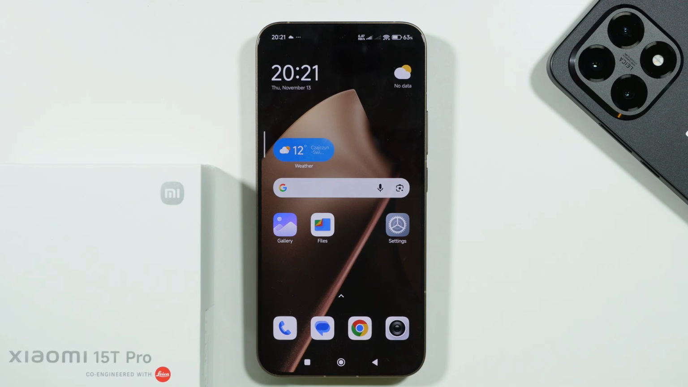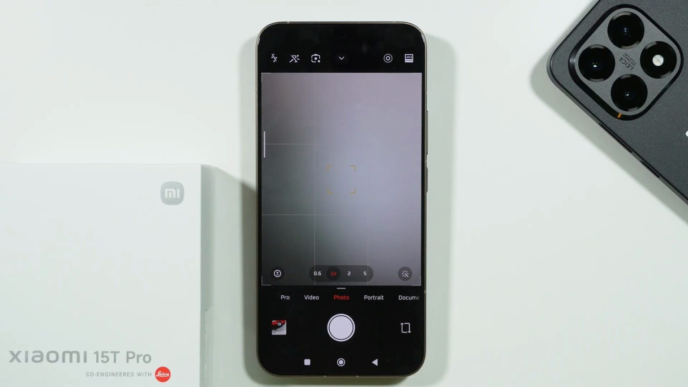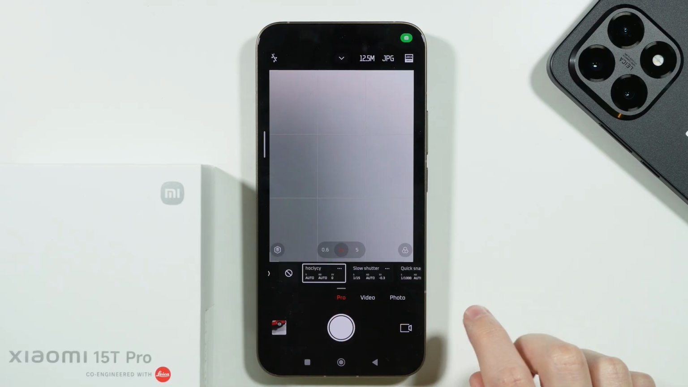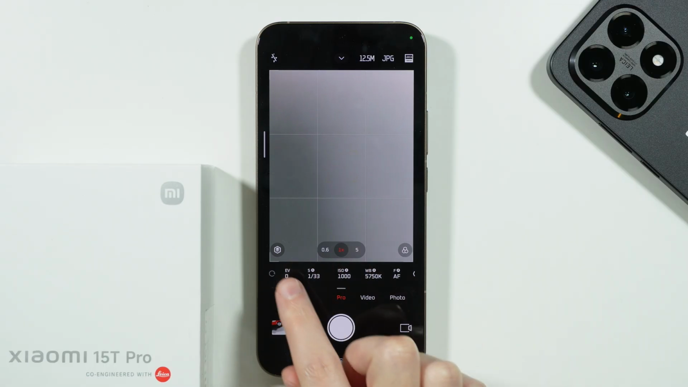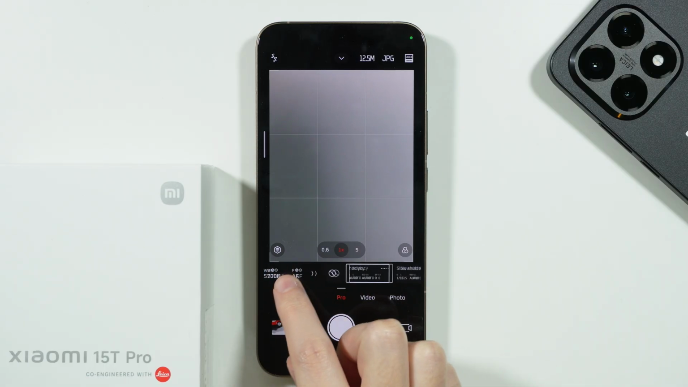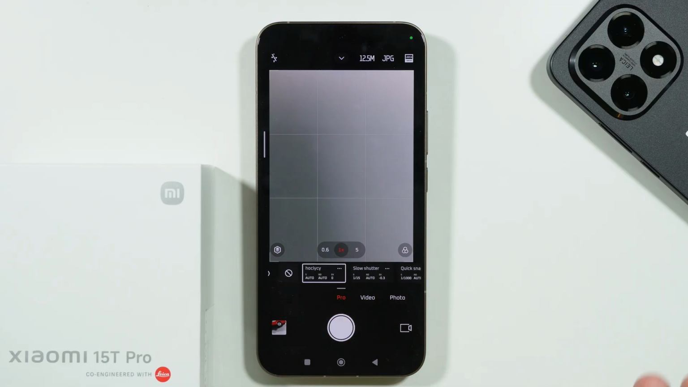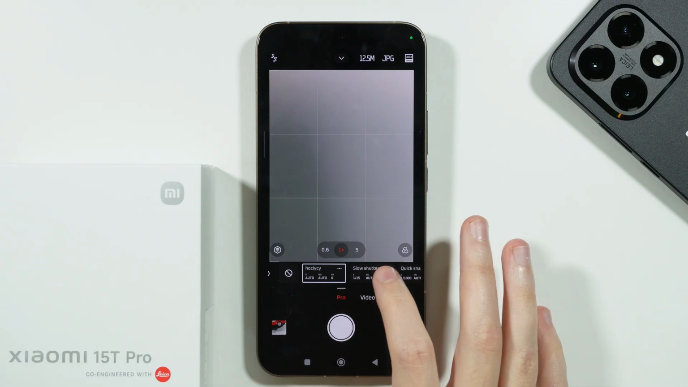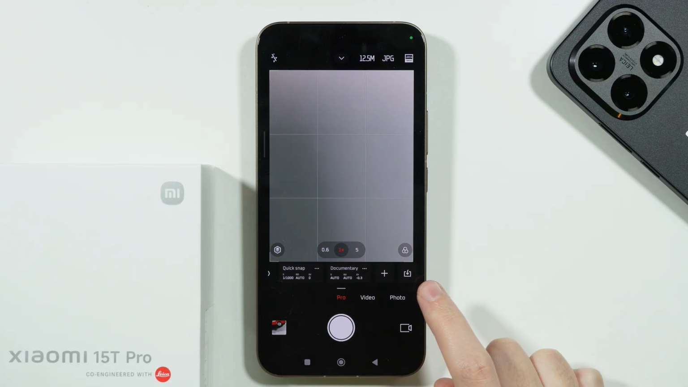If you want to import Pro Mode preset on Xiaomi 15T and 15T Pro, what you can do is open the camera app, then go to the Pro Mode, and in here, once you find your parameters, you should be able to swipe to the left over here in order to, of course, reveal Pro Mode presets. We need to keep swiping all the way to the maximum right side in order to find this icon,